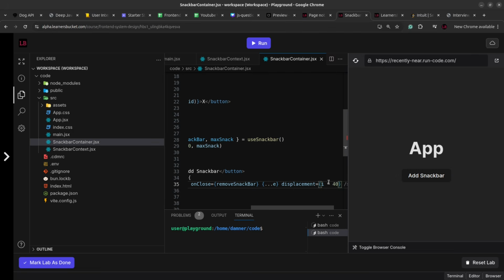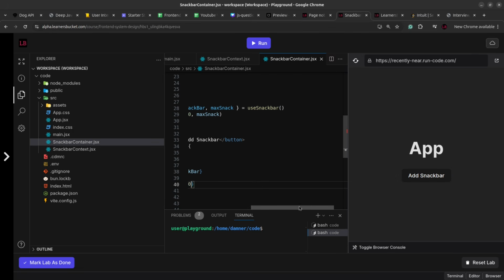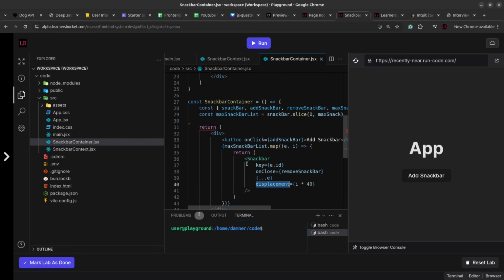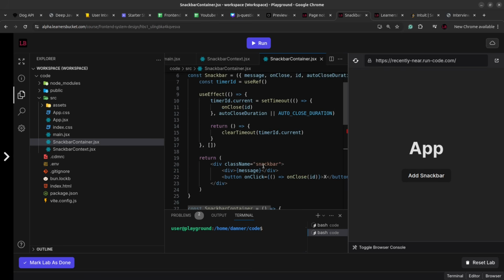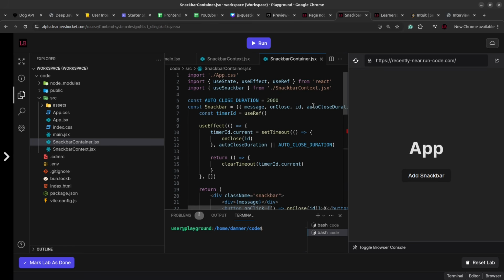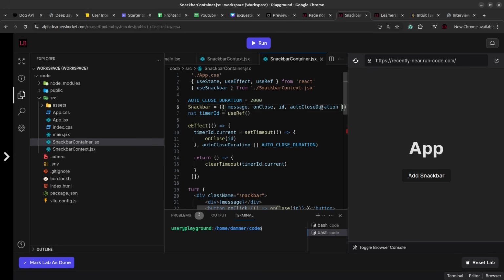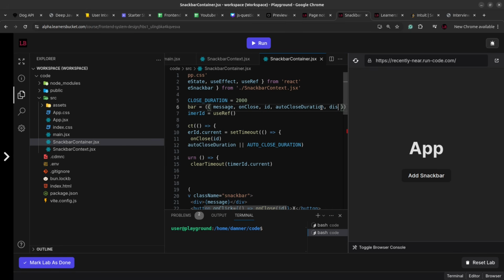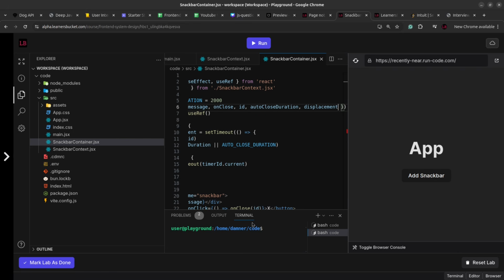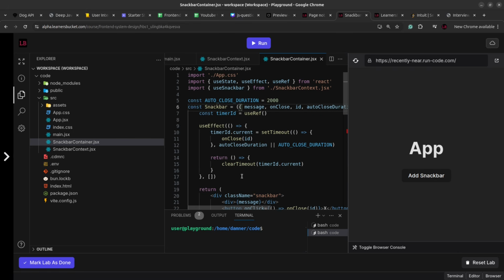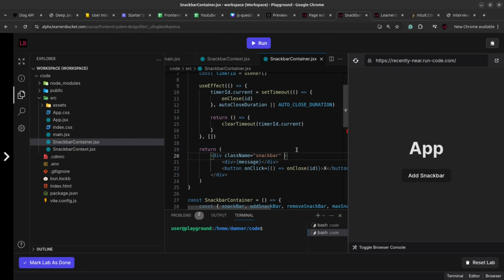So we'll just do a 40 pixel displacement. I'm passing that as a prop depending upon the index, or the position of the snack bar. And now here we'll accept the displacement as prop displacement,